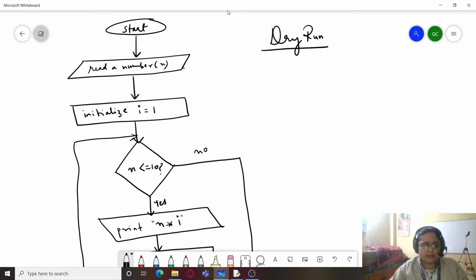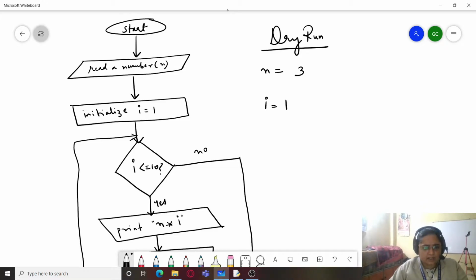So you can see read a number n. So let's take a number n and let's take its value as 3. So we have a number n and we have its value equals to 3. Then initialize I as 1 and check whether, okay, here you can see very well that I have committed a mistake. So with the help of a dry run, you can easily catch the mistakes or the bugs in your program.